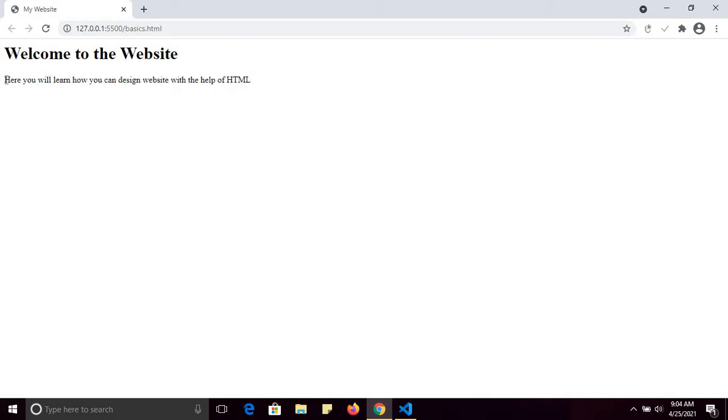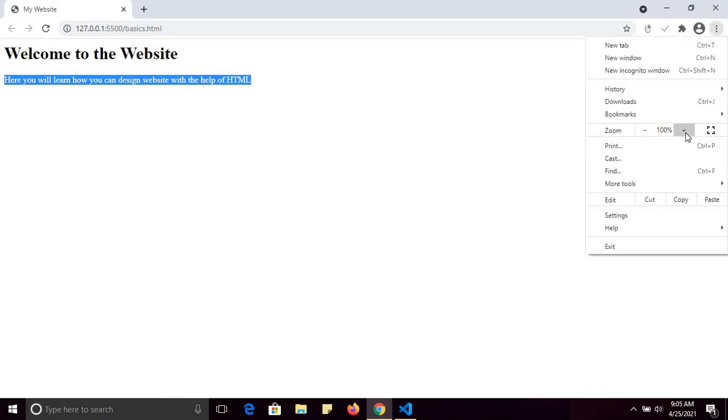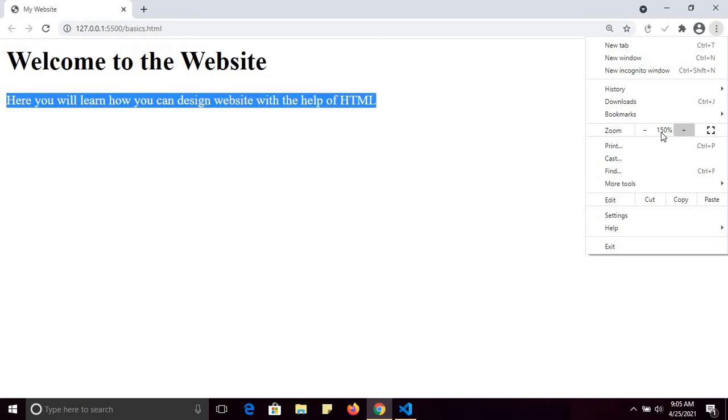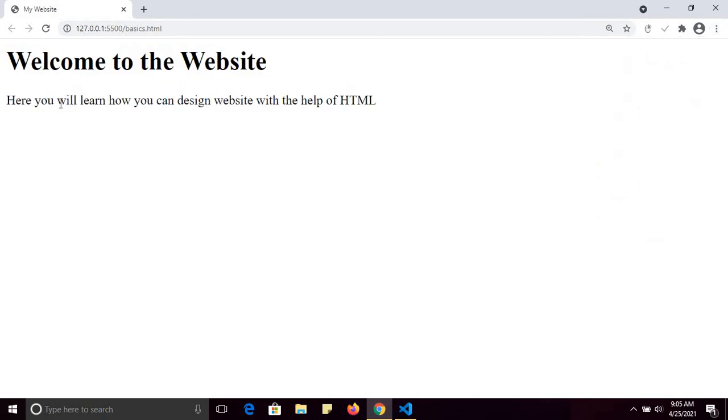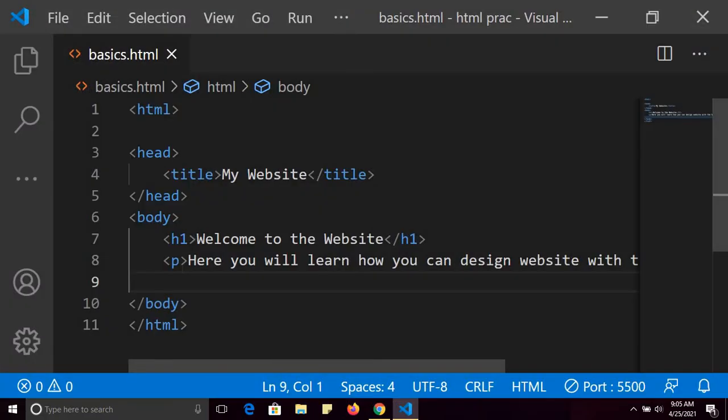I have written it in the paragraph tag, and you can see it in the browser output. Let me zoom the output of the browser also. So, here you will learn how you can design a website with the help of HTML. So heading 1 tag I have explained, paragraph tag I have explained.